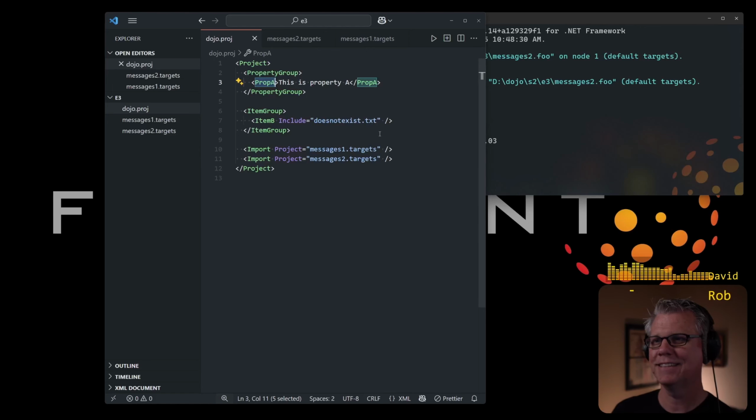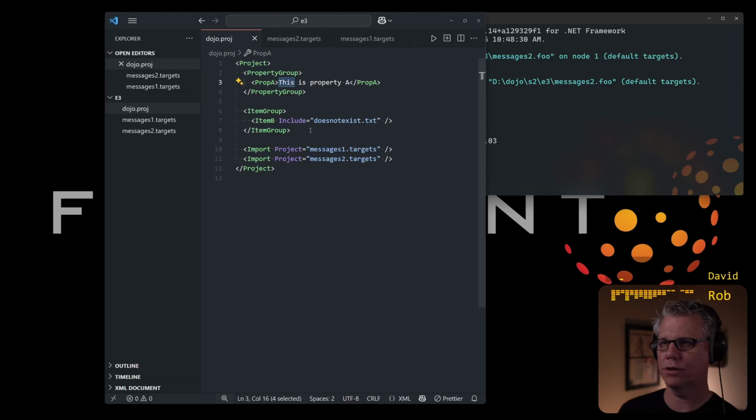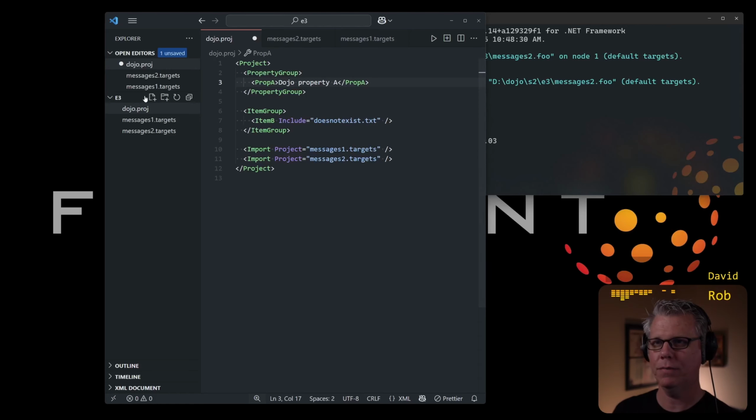Maybe the prop A from there, the Dojo, takes precedence. I'm not sure. So this is property A and then does not exist. Right. So let's call this Dojo property A. Okay. And then we have messages